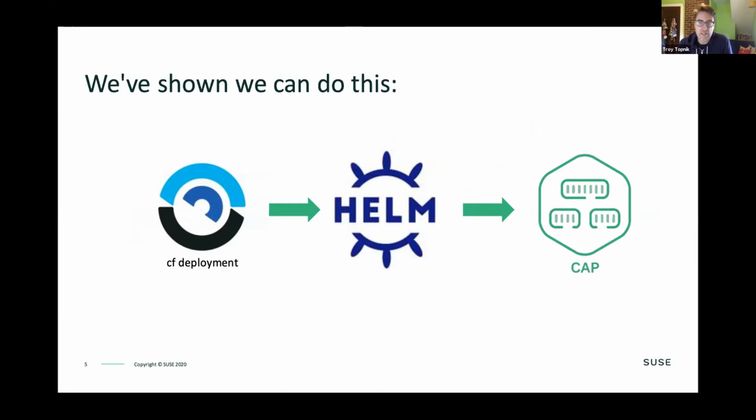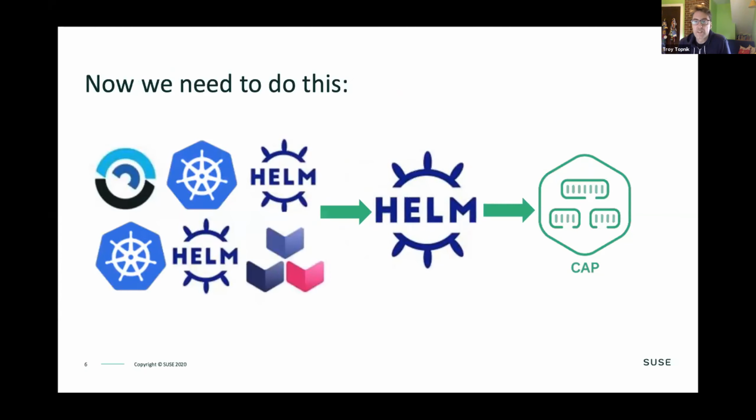And what it did was take a CF deployment and manually massage it with a little bit too much manual effort into a Helm chart that we could then give to end users, and they could install relatively easily on Kubernetes. But the landscape has been changing with more people in our community involved in developing for Kubernetes. Now we're faced with a landscape where we have to put together, certainly with KubeCF, but also CF-for-K8s, a